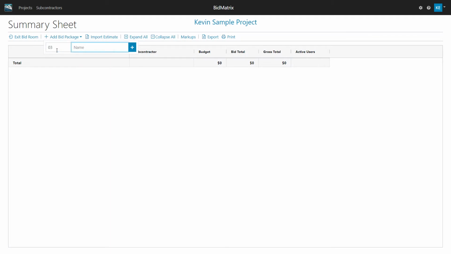And basically, I can come up with whatever number and scheme that I want to here. So I'm just going to kind of follow the master format a little bit. And you kind of get the rough idea. So I'm just going to put one more in here then. And this one, I'm going to put quite a few different things in there. Maybe if I spell it right.